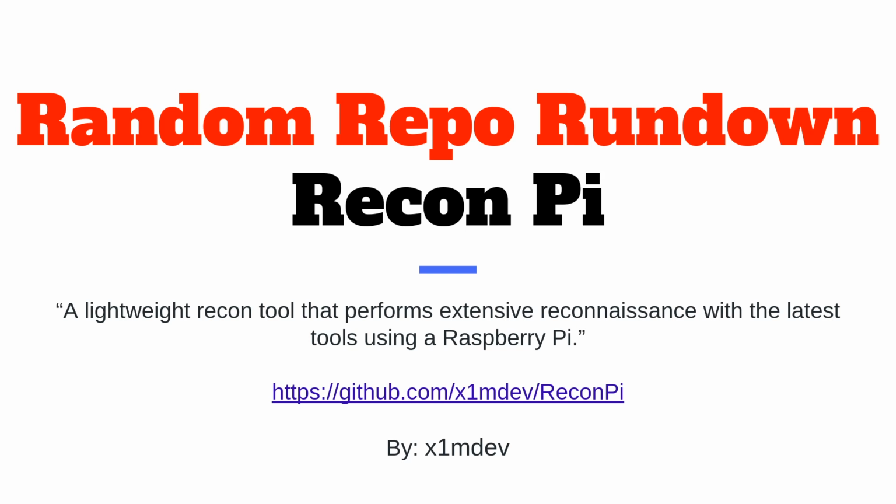This week's repo is a project called ReconPi, which is basically a big bash script that installs a ton of reconnaissance tools onto a Raspberry Pi. The idea is that you supply it with a domain name and it will scan that domain with a bunch of different tools and provide you with some reports and output, hopefully to use as a sort of precursor to a penetration test. Tools here at the link on GitHub,